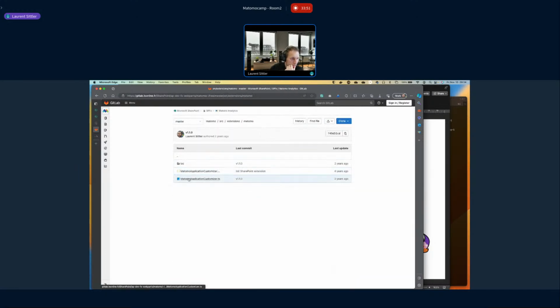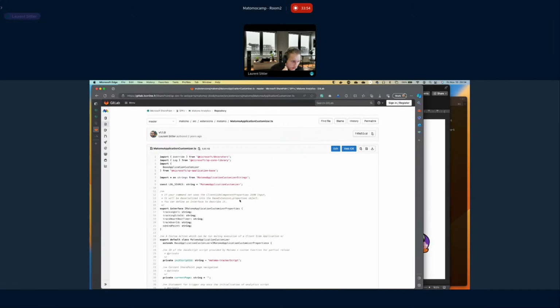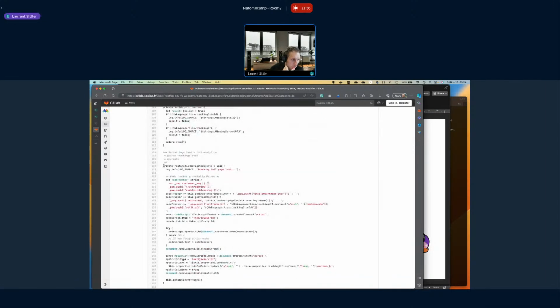So what does that mean? If I go back to my code, you have here the main code to be able to launch the tracker on your site. And here you can directly check if you specify another tracking URL, and then maybe not. No, I don't think so. pweek can work, because that will not be matomo.php for the endpoint of the API. I think this is something like pweek.php.